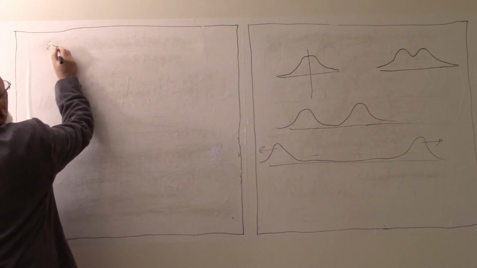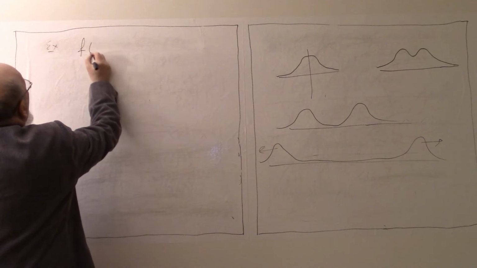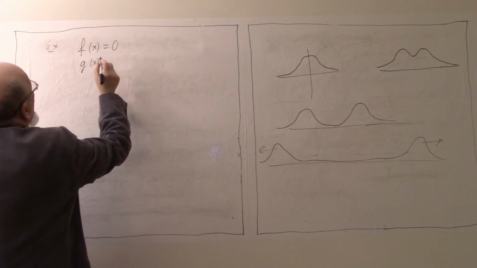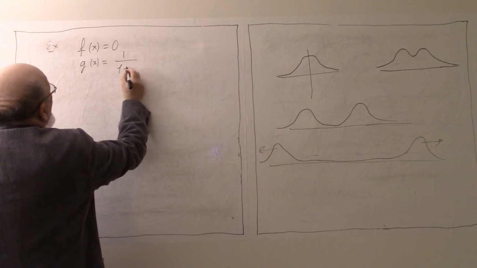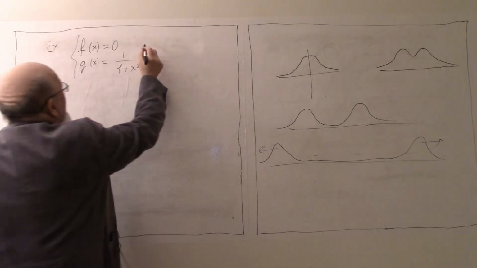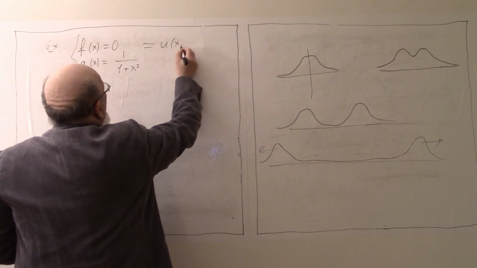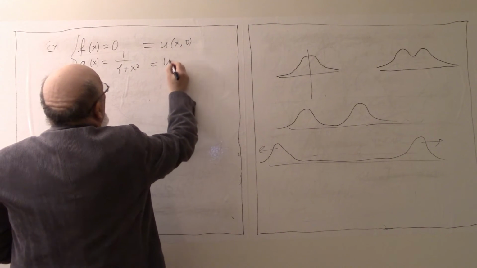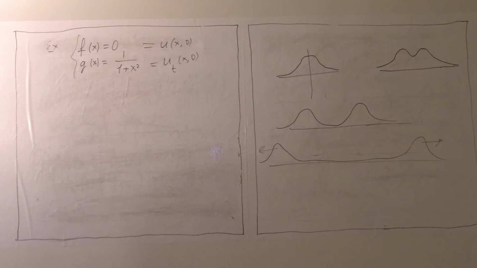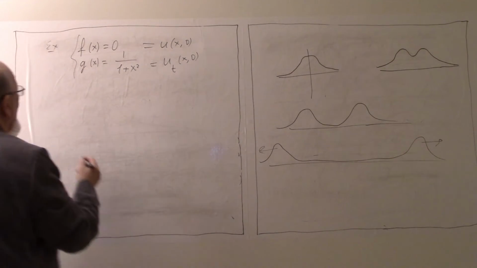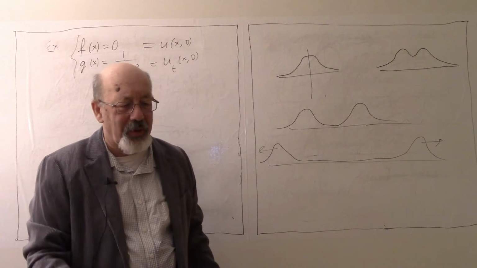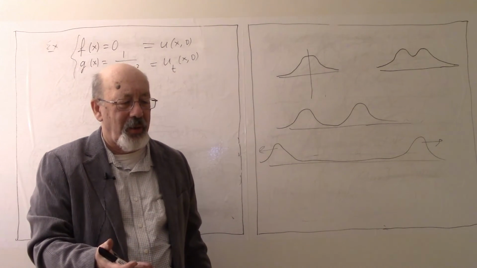So consider another example. f(x) equals 0, g(x) equals 1 over 1 plus x squared. So this is u(x,0), this is u_t(x,0). These are the initial conditions. Initially it is 0, and then we give, say, a kick,